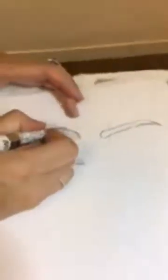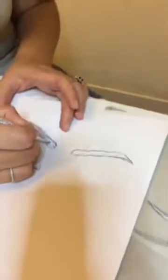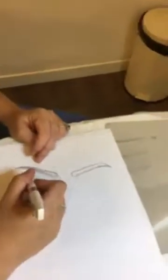Now also remember, the front is supposed to be the least dense area of the eyebrow. So you should probably leave about this much of a gap in the front, with bigger distances, whereas this area of the eyebrow, which is the middle one, is going to be the most dense part of your eyebrow. So like I said, I am going to renumb this eyebrow with a numbing solution,